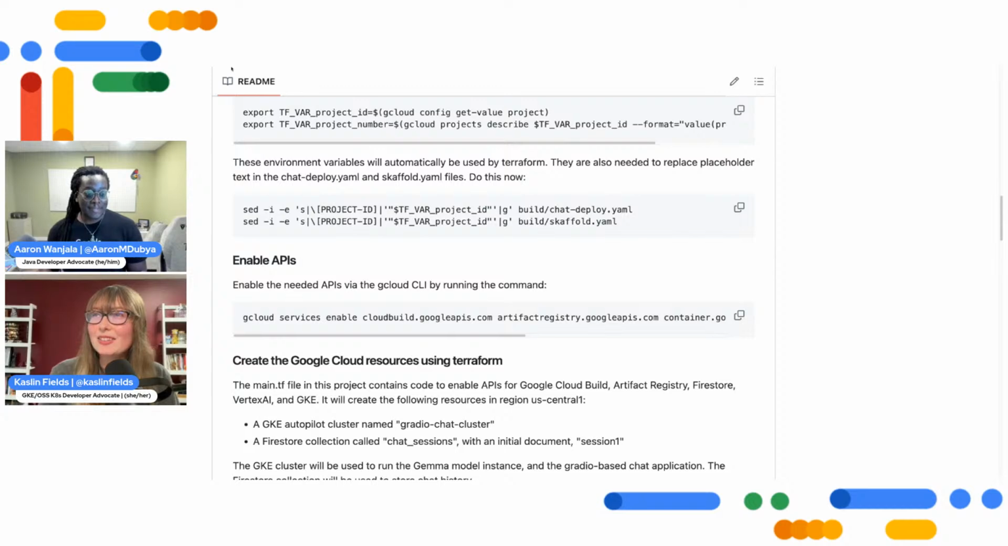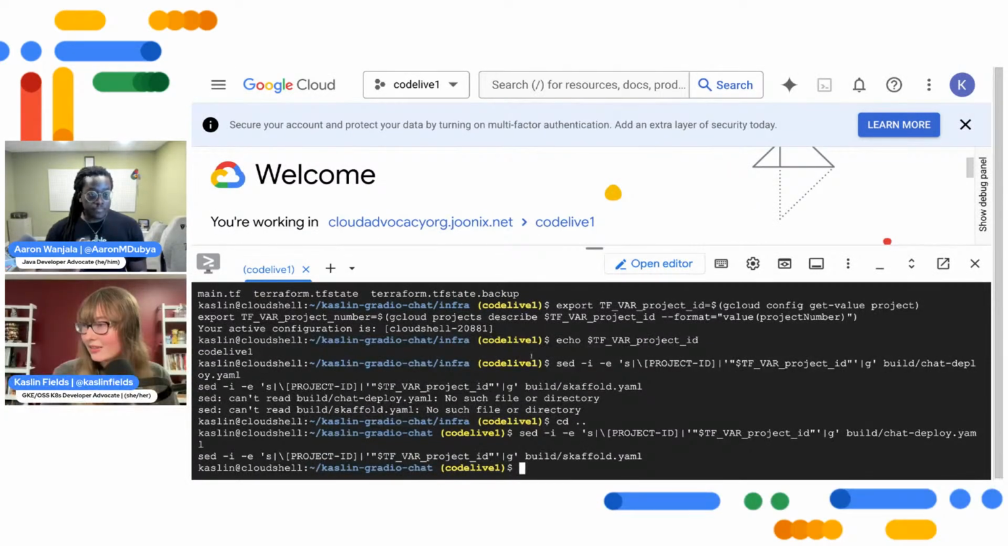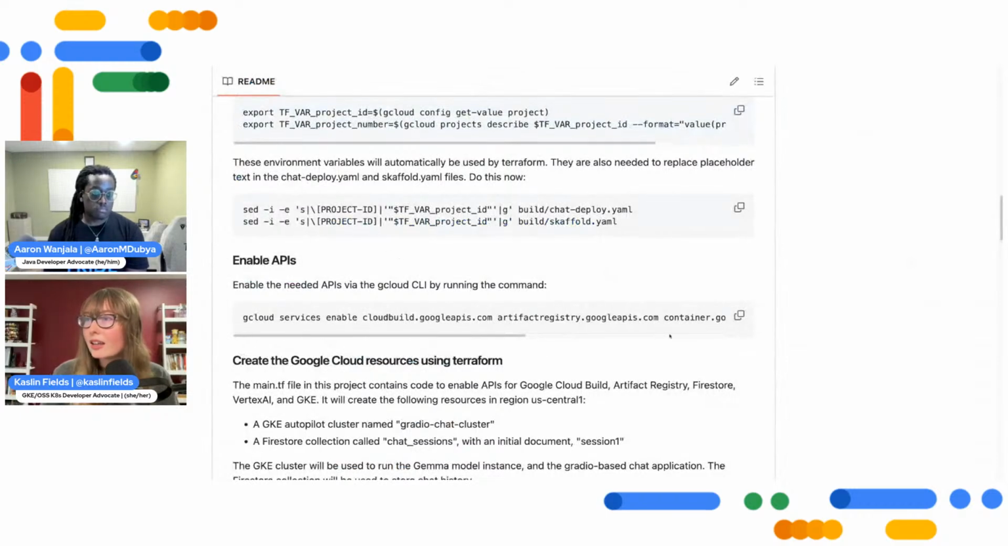Also, in case anyone noticed, those sed commands did fail the first time because I was in the infra directory and I had designed those to be run from the home directory of the repo. So I went up a level and ran those, and that worked fine. And then I'm going to